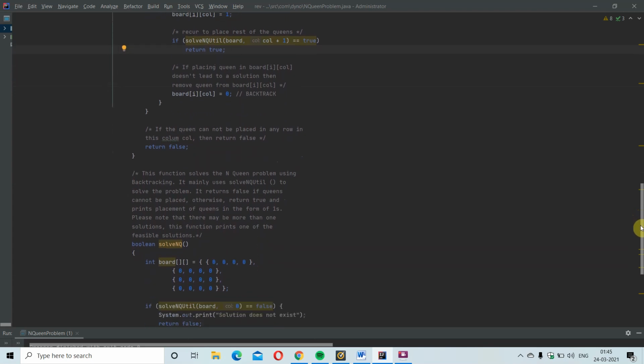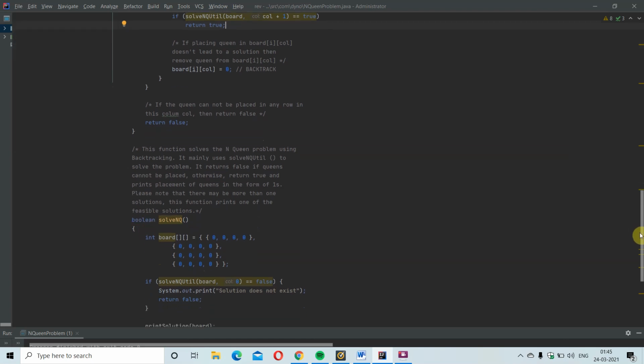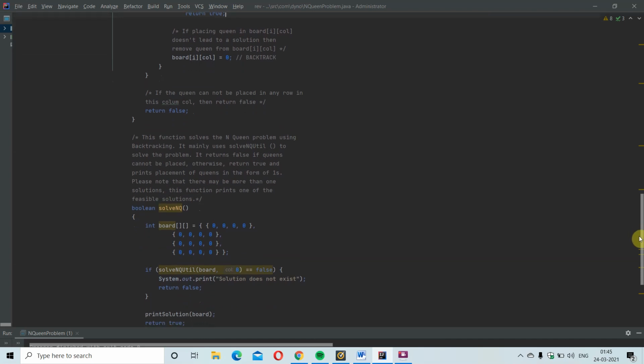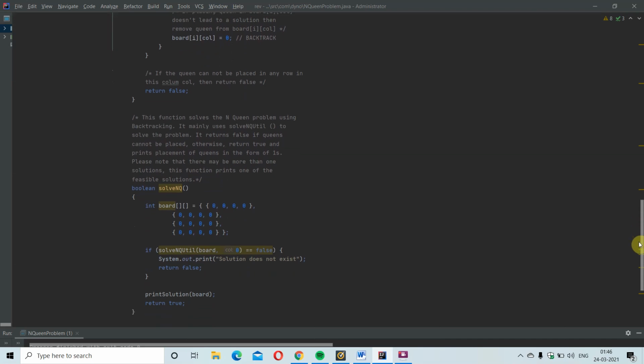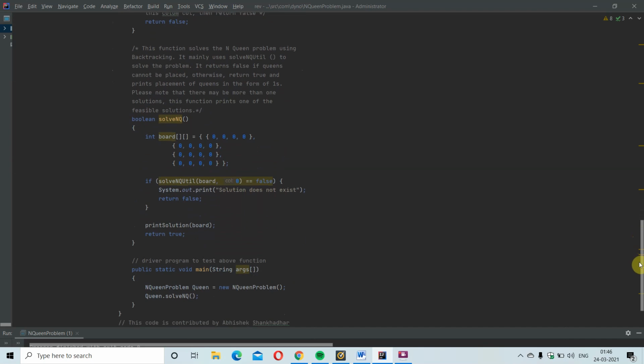There may be more than one solution, and this function prints one of the feasible solutions. So here in boolean solveNQ, I am printing the board values, everything I am assigning as 0. Now I am checking whether solveNQUtil of board at column 0 is false. If it is false, a solution does not exist. If it is not, true will be returned and the solution printed.